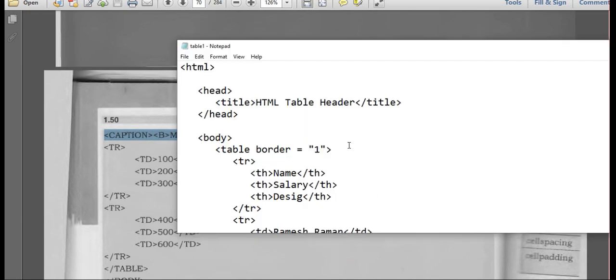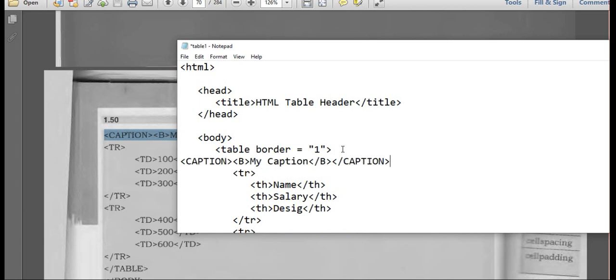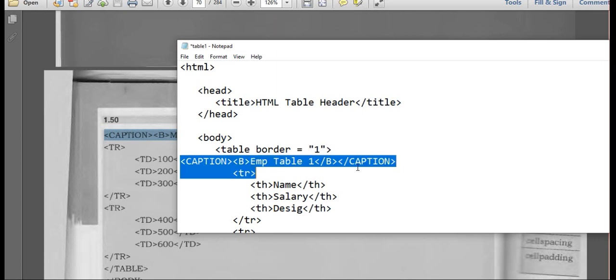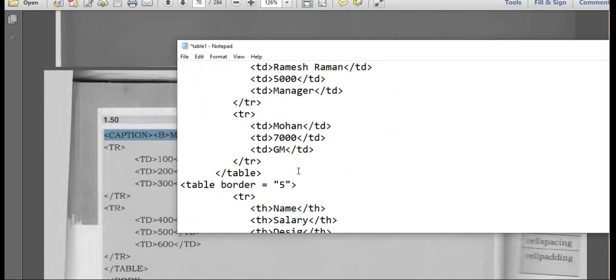In this you have to give it here. I am going with EMP table 1. I am giving the same for all the tables.